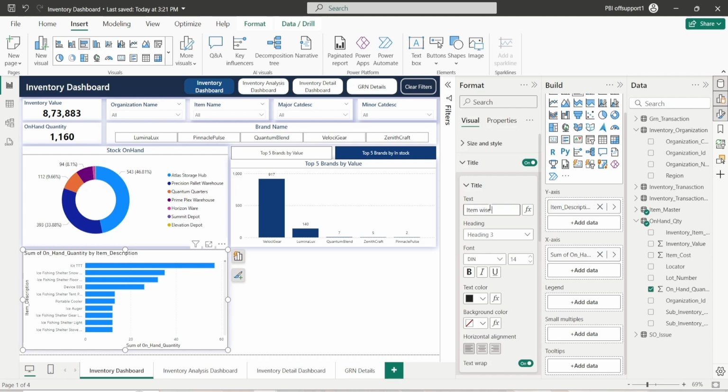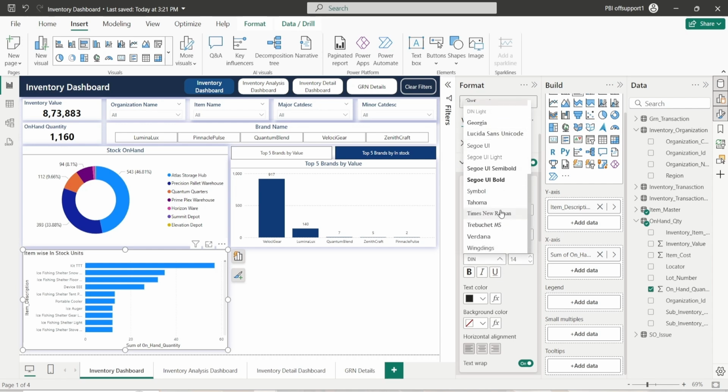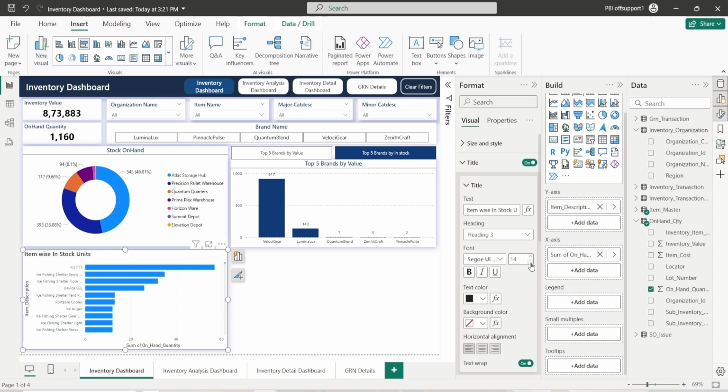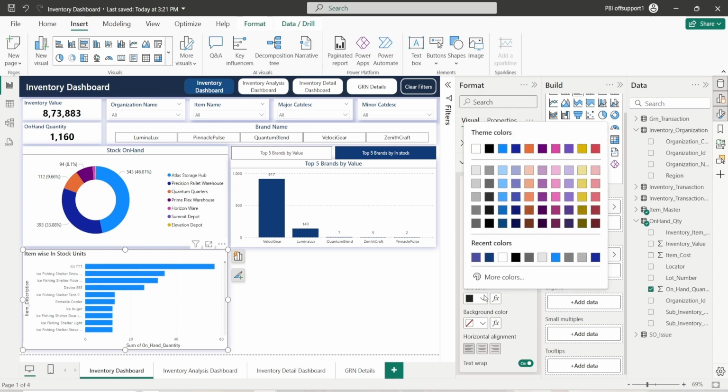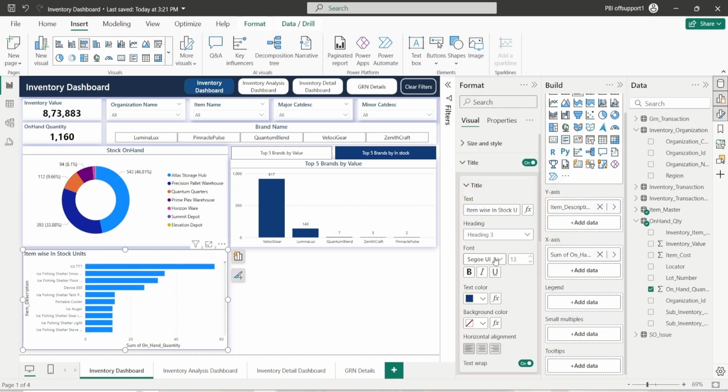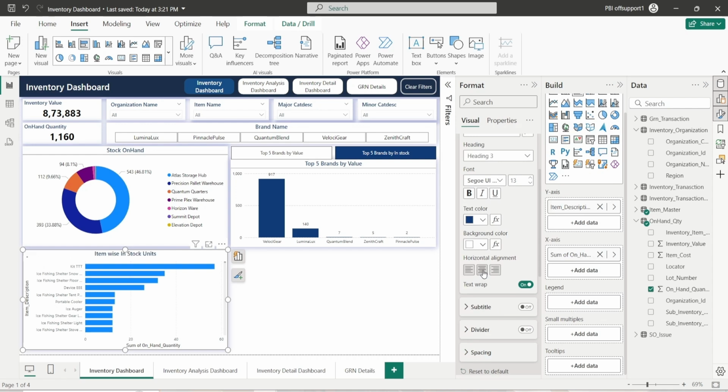Item wise in stock units, and change the font to Segoe UI semi-bold. Font size is 13. Text color is bluish and background color is white. Horizontal alignment in center,